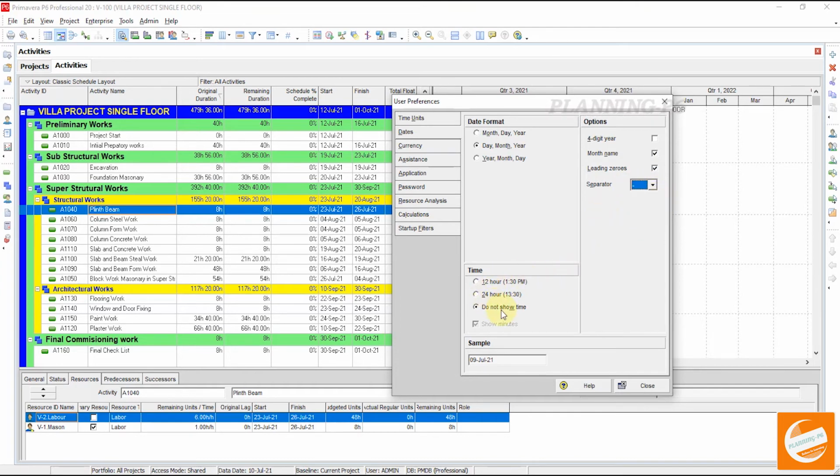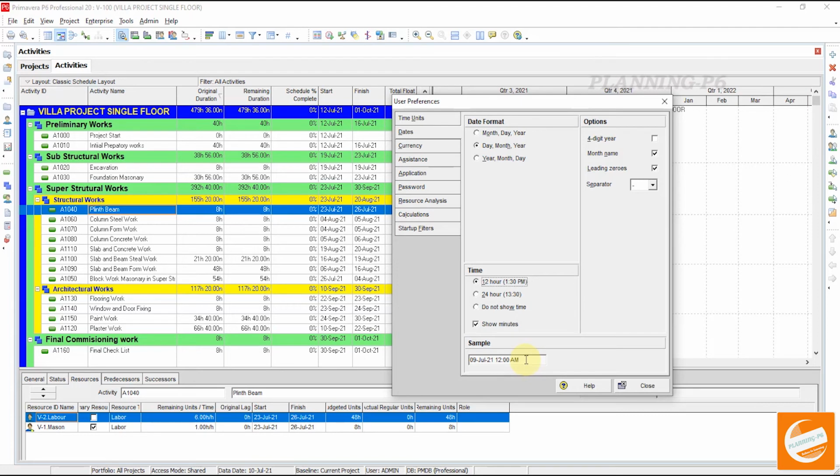And then time format. If you want to select a time format like 12 hours, 24 hours, and don't show the time, 24 hours, okay, a sample you can see here from that day, start day, and from 12 a.m. or 12 p.m. your activity is starting.